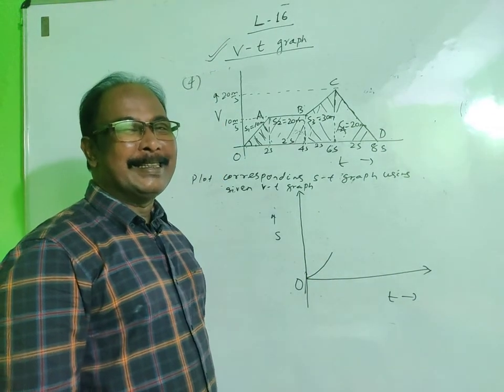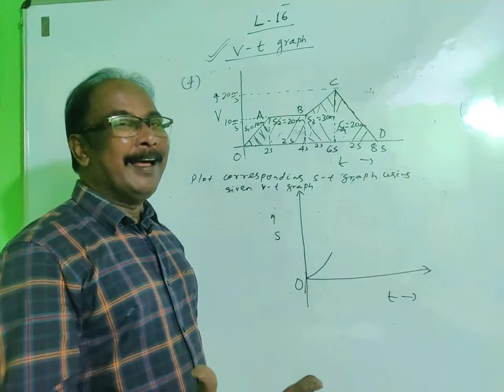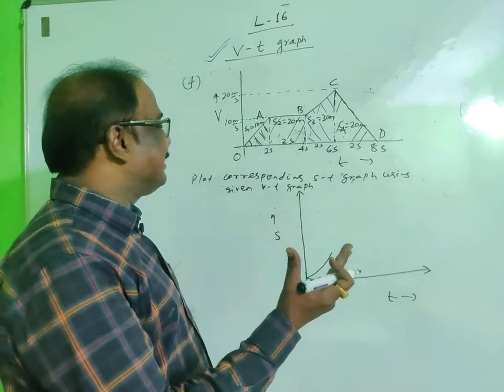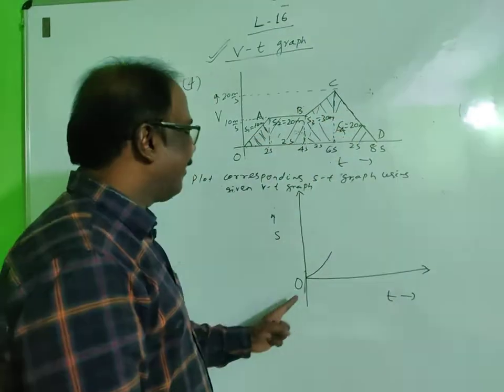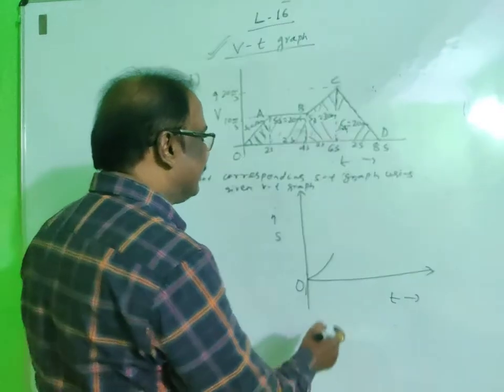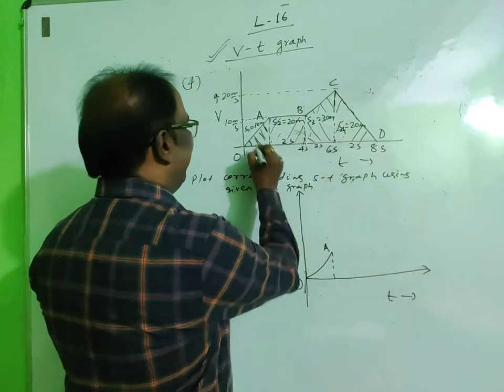Velocity v is equal to ds by dt, which is tan theta. Velocity increases, tan theta increases, motion is accelerated, the graph is a curve bending upward, and this point is A,